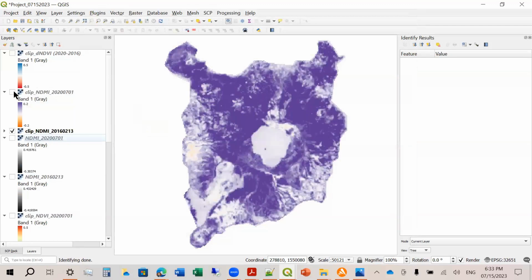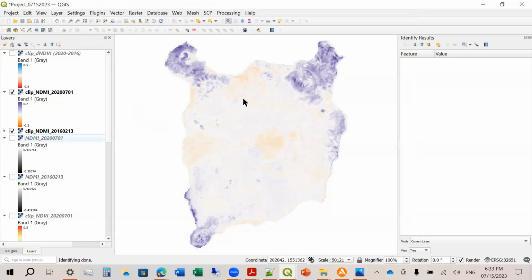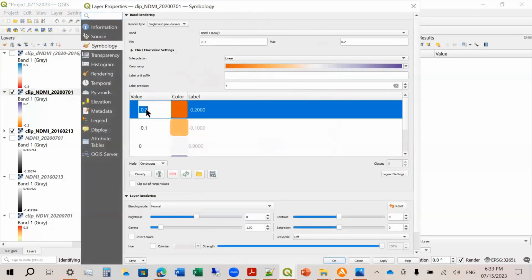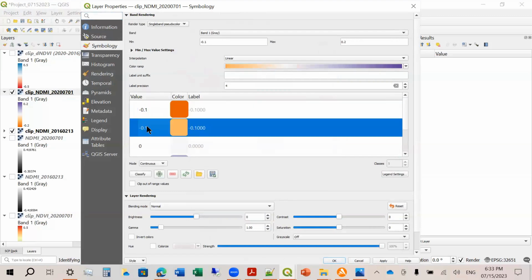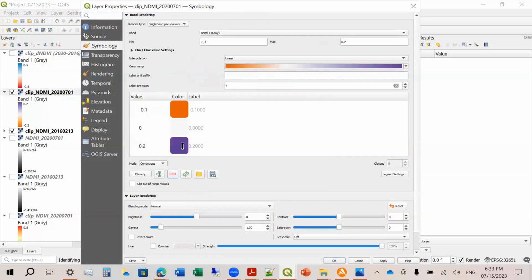This is for 2016. Okay, so you notice the difference now. So it's very dry. This is dry compared to this one. Okay, if you want to readjust, this is 0.1, 0.1, and then let's say I will just delete this one, and then this one. Yeah, this is better. Okay, then apply.